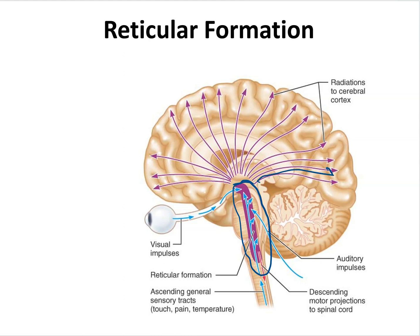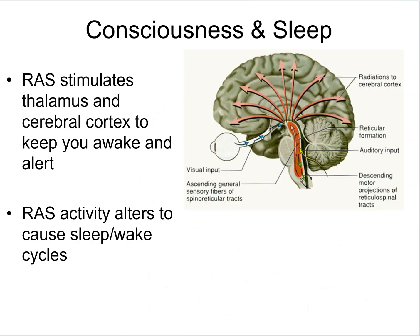But then what it does is it has axons, it stimulates the cerebral cortex. So it does help communicate or link the cerebral cortex with the spinal cord. It helps control muscle tone, but it also forms what's called the reticular activating system, or RAS, and that activating system is the actual action potentials to the cerebral cortex. So it's this system that's constantly sending information to your cerebral cortex to keep you awake and